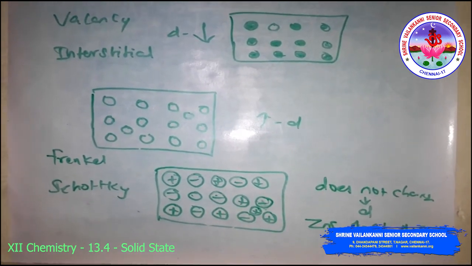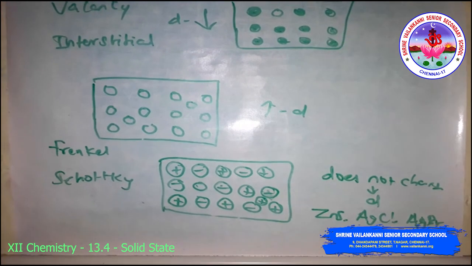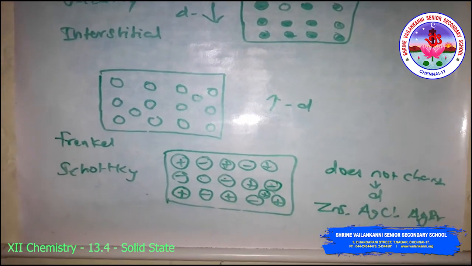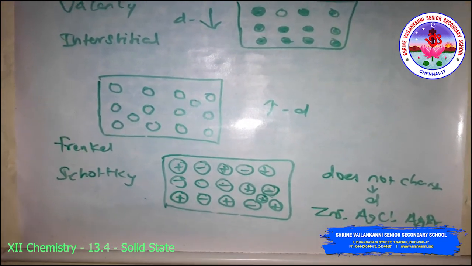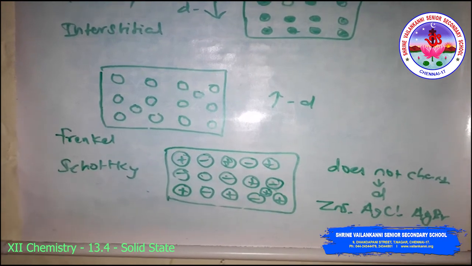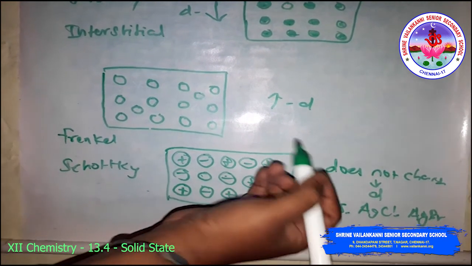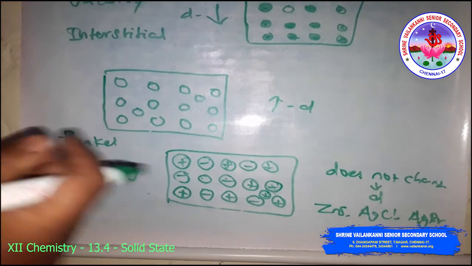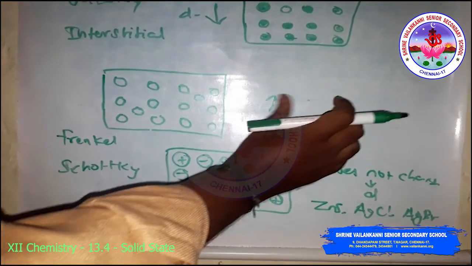Next is the Schottky defect. The Schottky defect is basically a vacancy defect in an ionic solid. In order to maintain electrical neutrality, an equal number of cations and anions are missing from their sites. For example,